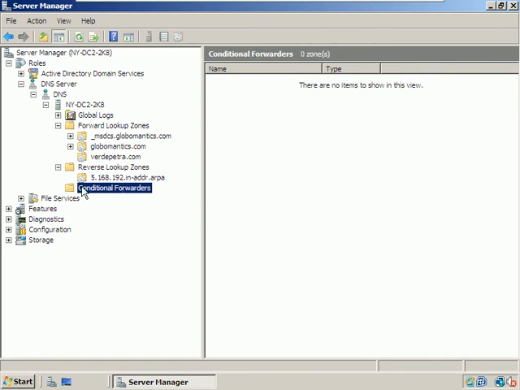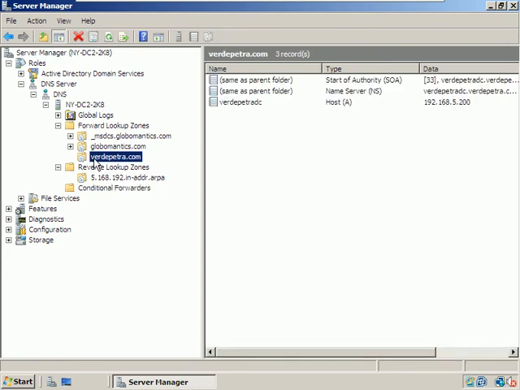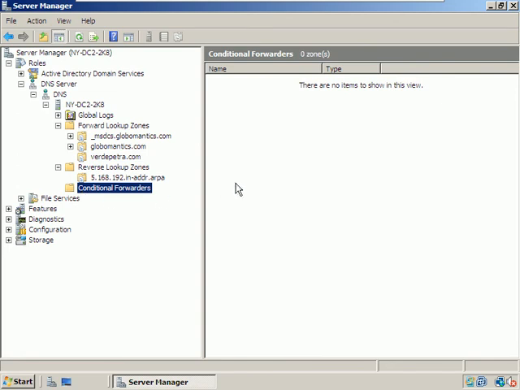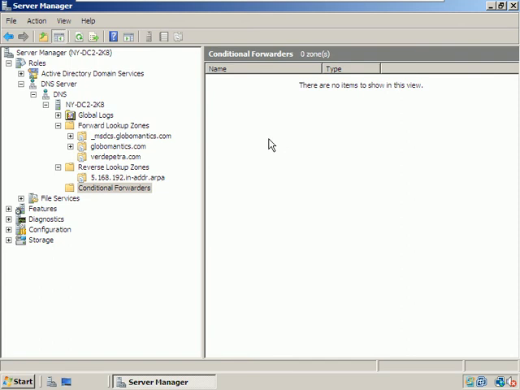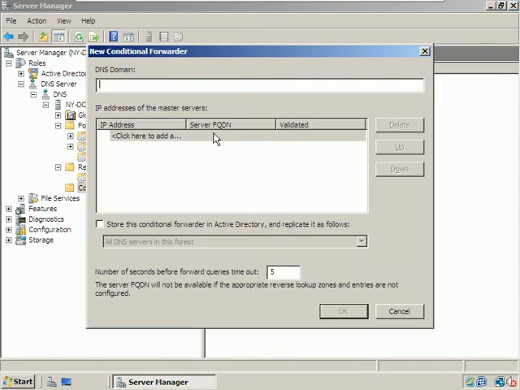All right, conditional forwarders. Conditional forwarders, remember, basically serve the same purpose as the stub zone. A conditional forwarder just simply takes requests from one network that have to do with another network and forwards them over to the DNS server on the other side. Now, I can create a new conditional forwarder here, at least I can try. It's probably going to be very angry with me because I already have a stub zone for this. Remember, you cannot have a stub zone and a conditional forwarder at the same time on the same machine, right? You might have a conditional forwarder on one machine, a stub zone on another machine, but you can't have both